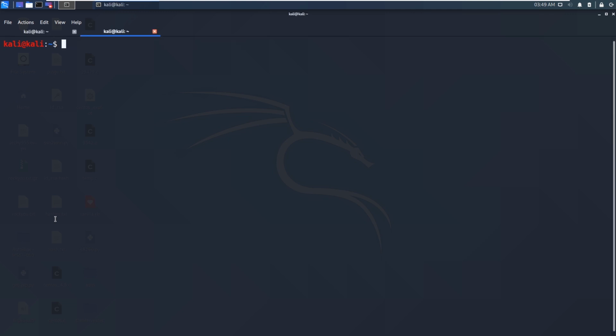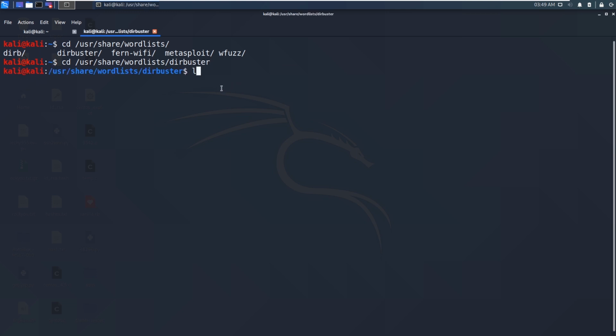Now let me show you the word list. It's in cd /usr/share/wordlists, and it is in the dirbuster folder. These two folders contain the word lists.